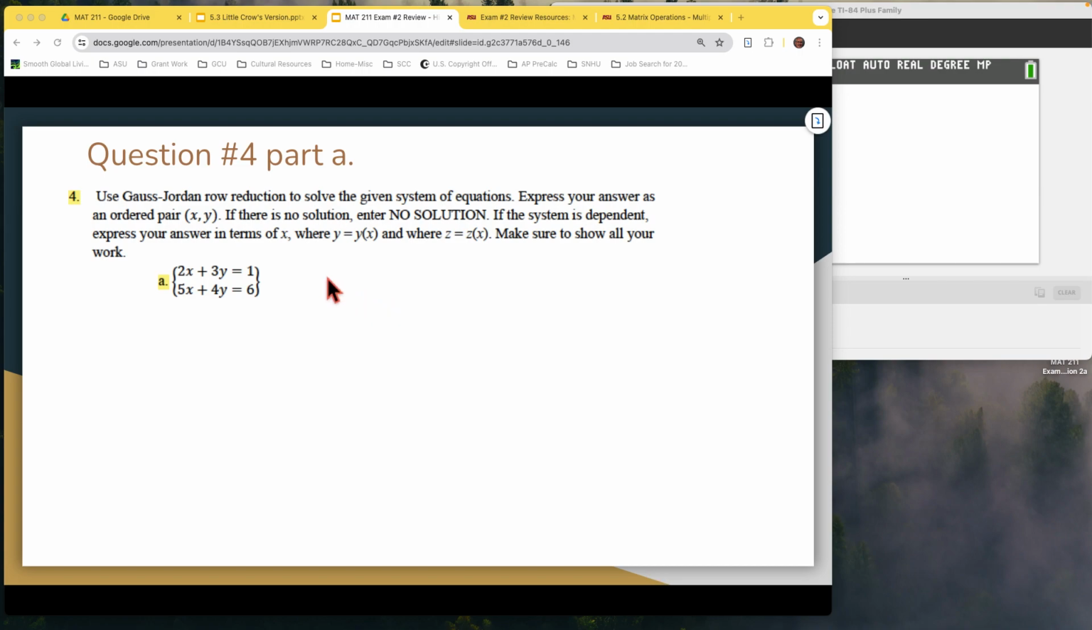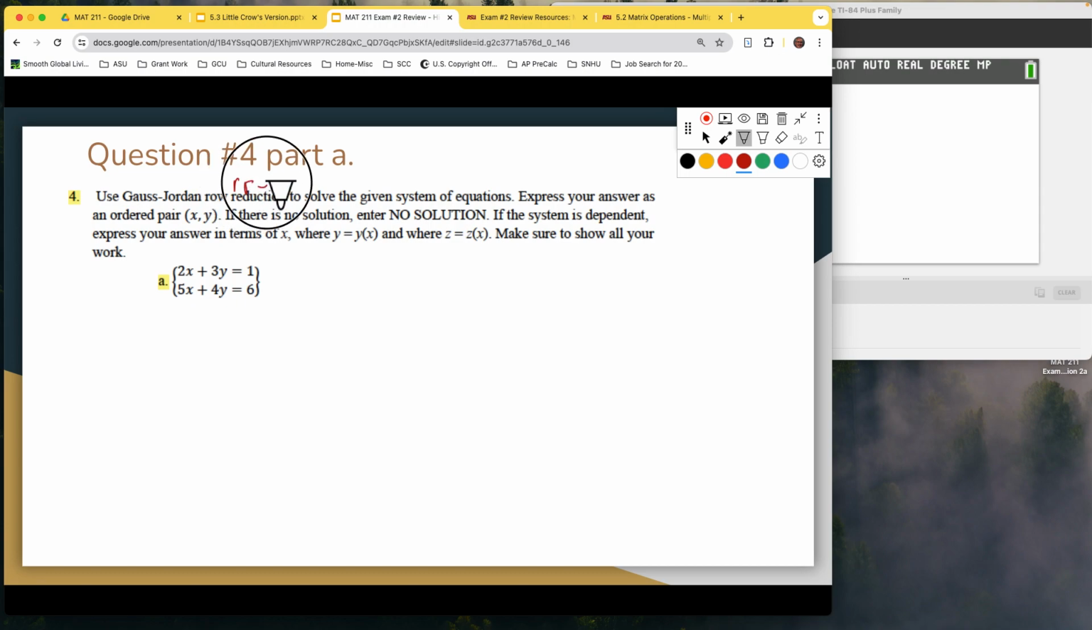And for part A, in this one we're asked to use Gauss-Jordan row reduction, reduced row echelon form. Okay, so remember this is the key. We're going to use reduced row echelon form. Then our final answer should be expressed as just an ordered pair, because what we're solving for is x and y, and there's all these other things that can happen, but the way we do this is we use